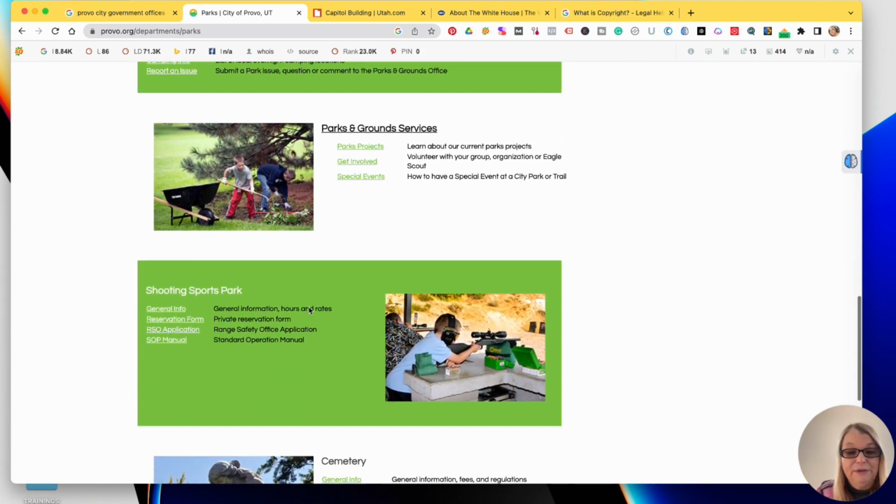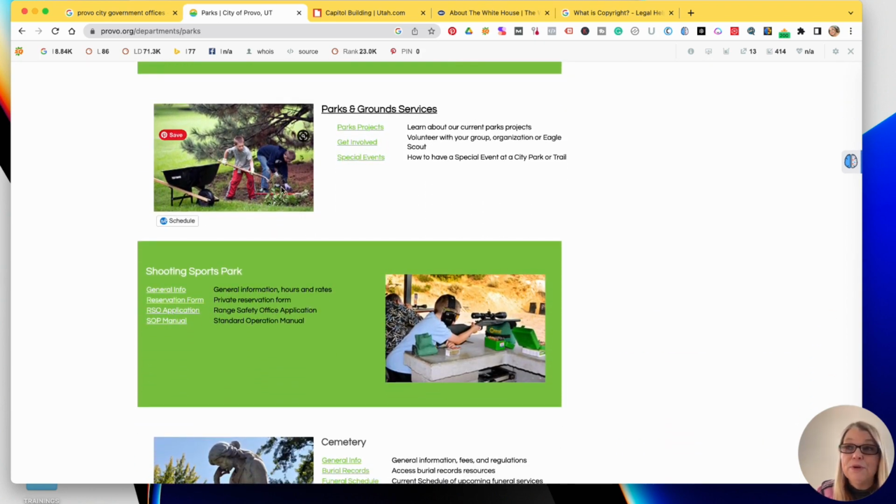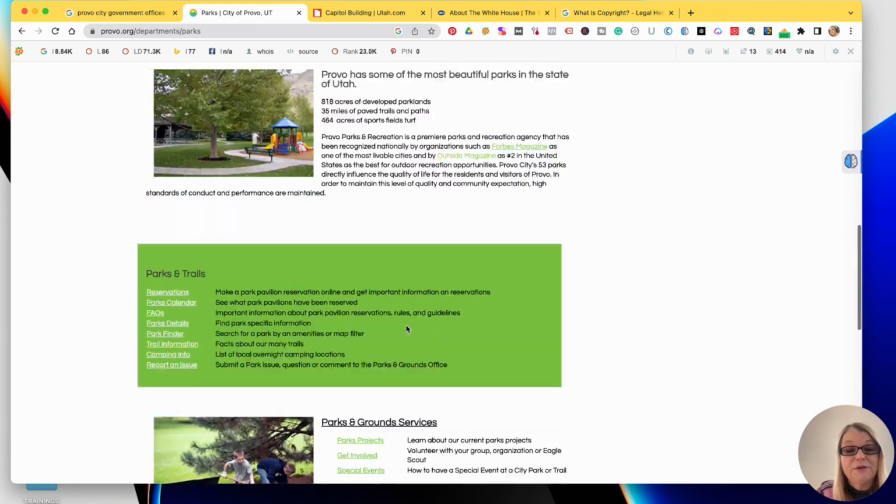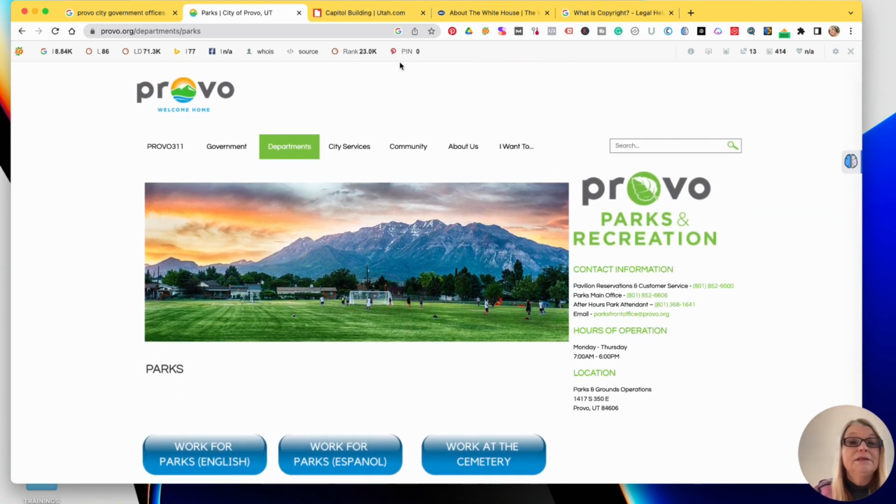But anyway, you don't want pictures with people in it ever unless you blur their faces out. But there's a lot of things you can get from these kinds of places. So usually if you contact a nonprofit, what we have done is I have a site called move to provoutah.com, and it's Living in Provo, and we do restaurant reviews. A lot of times we'll go, like I went to the Provo Bakery and they didn't have a lot of things out for me to take pictures of. So I took some pictures.